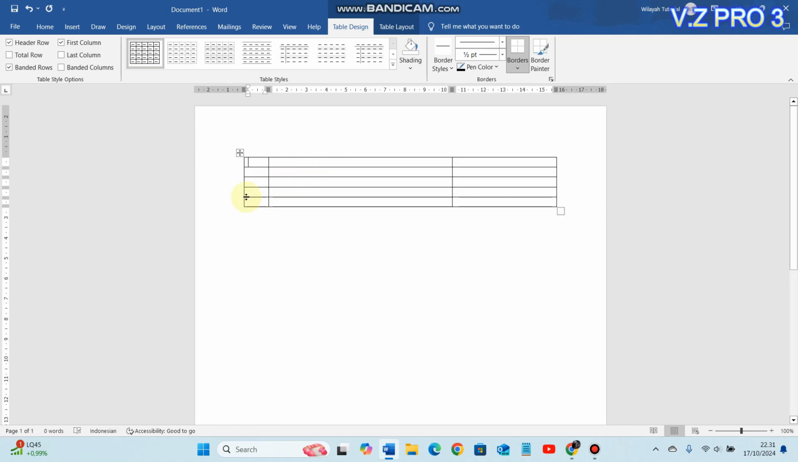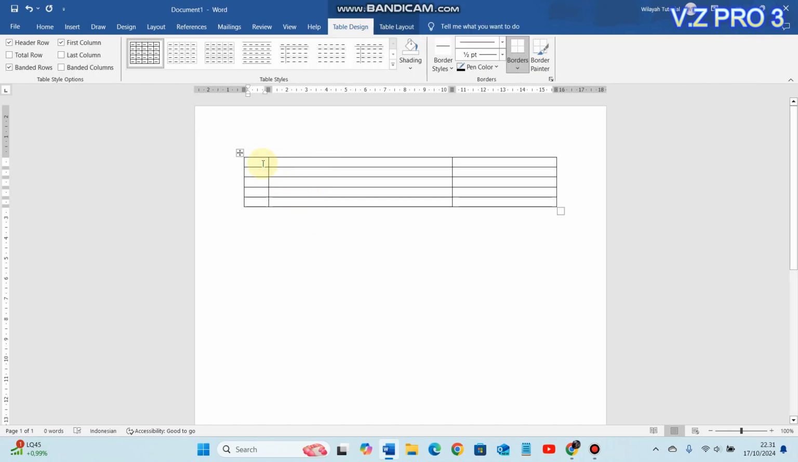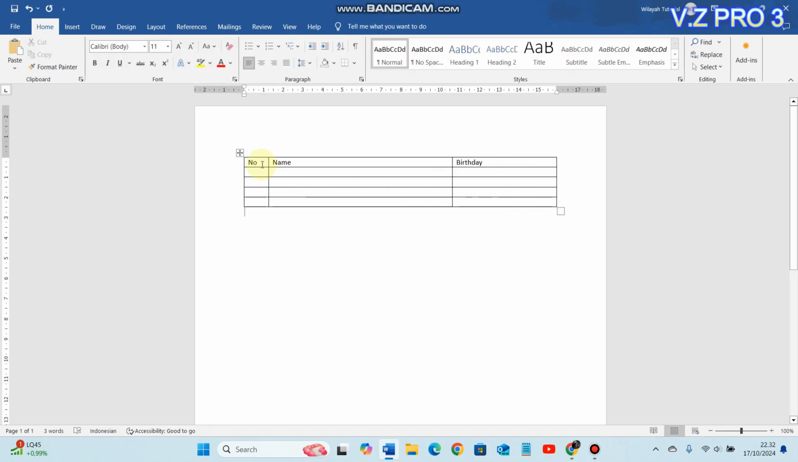Here you can manage the table, like the size and the columns. You can also add text to your table here. You can add your data here. Maybe like this. Maybe you want to make data for birthdays. Here you can